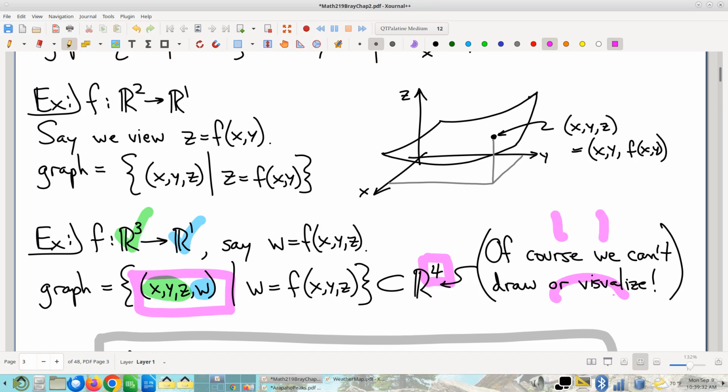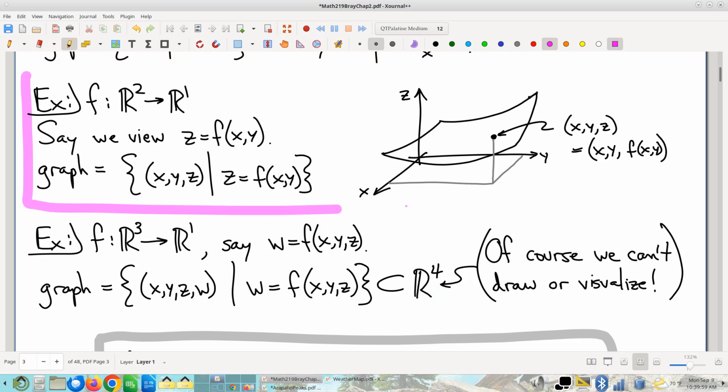Crash and burn, right? Catastrophic failure of this construction. Doesn't help us at all because we're too low dimensional, we just can't visualize that kind of stuff. So that is really unfortunate. And this is what I'm going to call a massive drawback to the idea of graphs as being a way to understand multivariable functions. There's barely any circumstances